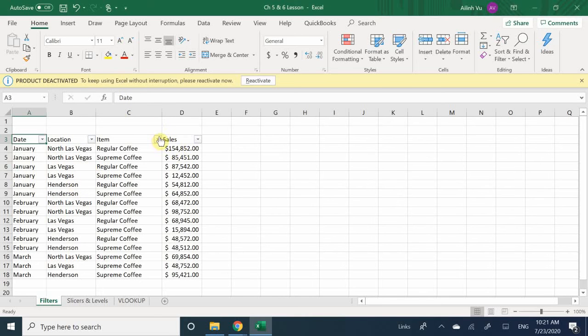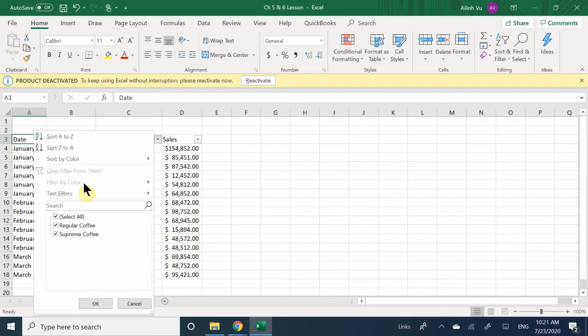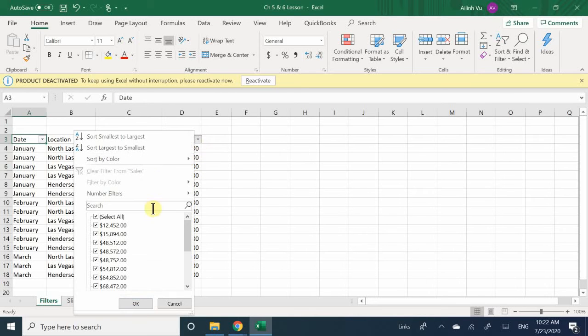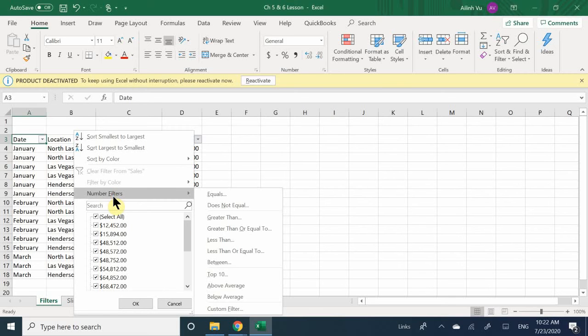Now you can go beyond that. Again, you could sort by color. You can actually customize what you want to see. For example, let's say I want to look at my sales, right? I actually want to look at the top, what do you call it? I want to look at the top 10 sales. So let me see. Yeah, I have